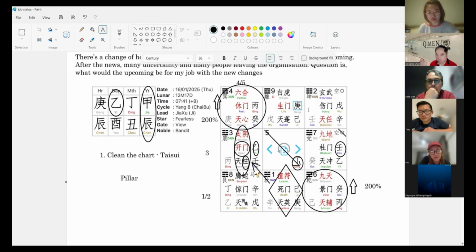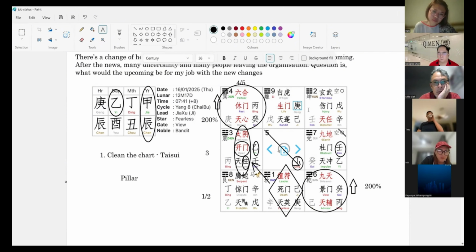But this guy, his chart is a full chart person. So what does it mean by full chart? It means when he does certain things, he will go all the way and not stop. That means when he works in a company, he will stay in the company for a long time. He will not move unless it is necessary. So basing on this character, even if there might be an opportunity, I don't think he will move. He will still stay because the boss still needs him, the company still needs him.